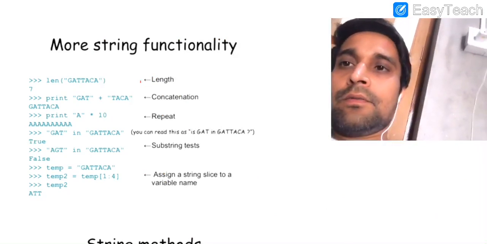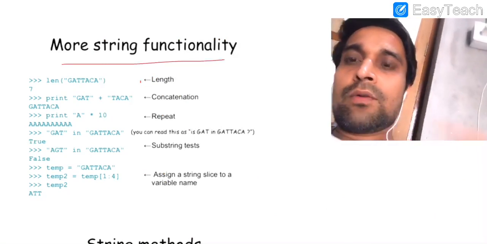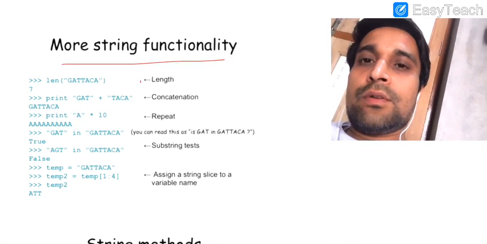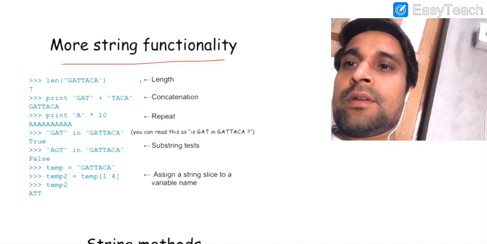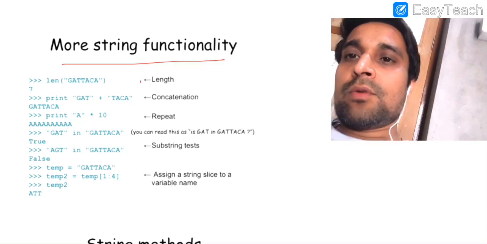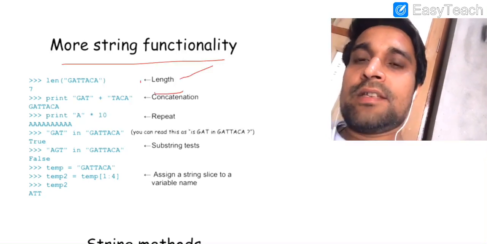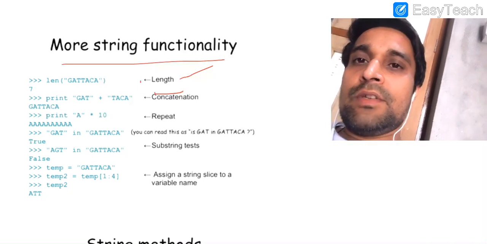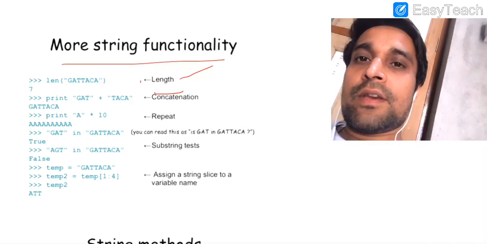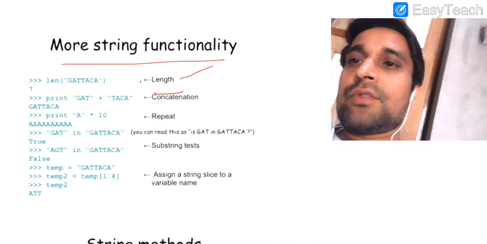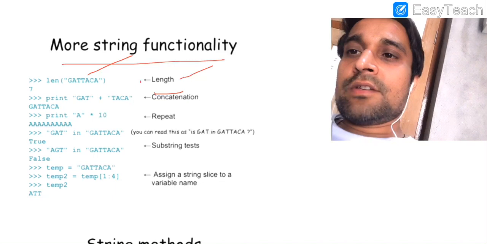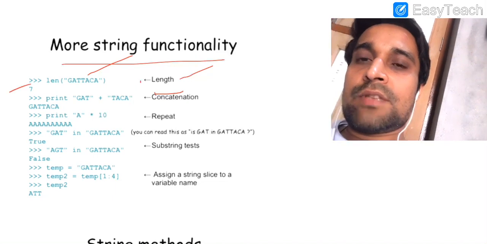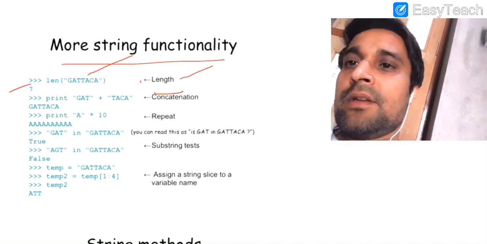Now we are going to discuss the actual working of the functions which we have already discussed in this lecture. Very first we are going to discuss the length function. len is a predefined function available in the standard library of Python, which returns the number of characters in the string. In len we have written a string with 7 characters, so we are getting the result as 7 because 7 characters are there.